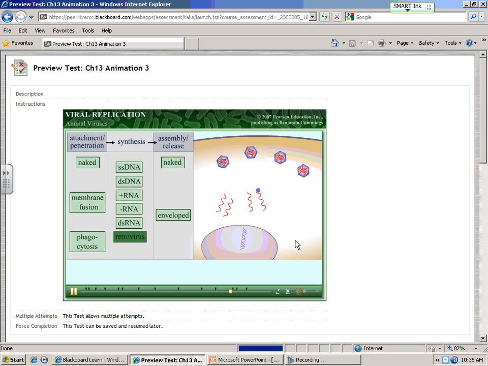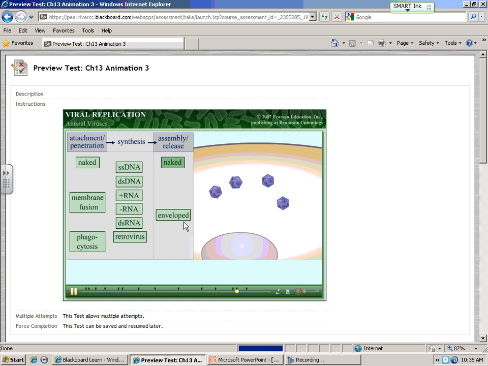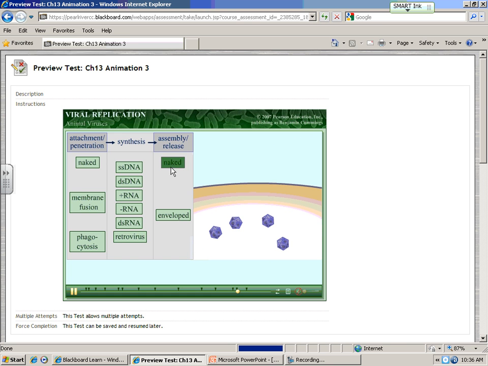Now this should seem like a lot. I said that at the beginning, right? We're just going to look at all of them, and then we're going to break it down and go through all the steps again. There's two options for release once we're done, and that depends on whether the virus prefers to be a naked virus or an envelope virus. If the virus is naked,